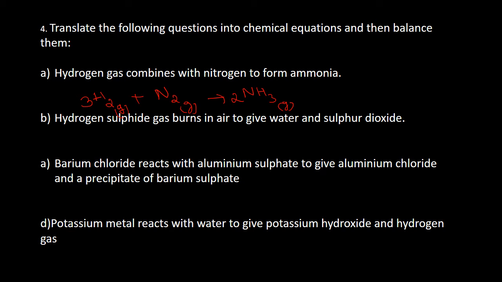Next is hydrogen sulfide. What is the chemical formula? H2S plus oxygen burns in air. Air is a gas. H2S is a gas. Combines with air to form water and sulfur dioxide, H2O plus SO2. SO2 is a gas, H2O is a liquid. Let us balance this. H2S and H2O, hydrogen is balanced. SO2, that is also balanced. But oxygen, let us see, on the reactant side it is only 2, whereas on the product side it is a 3. So how to balance it?